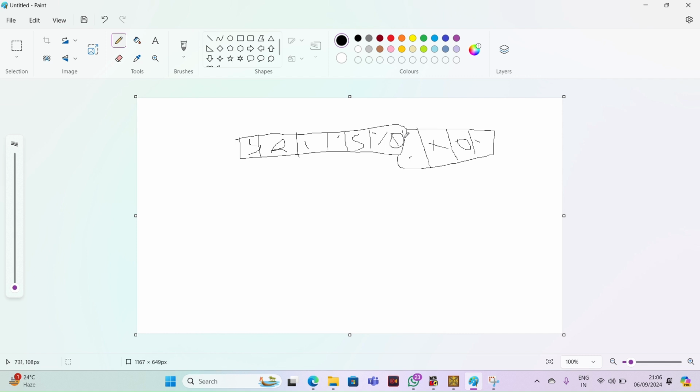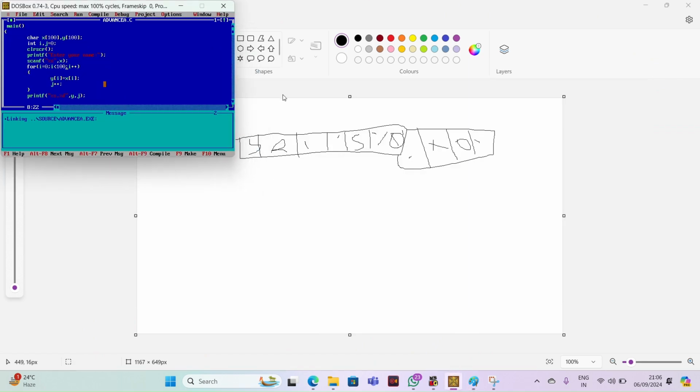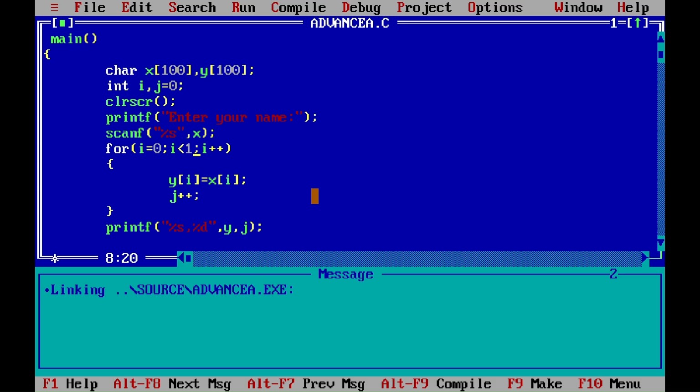Now here, if you understand the concept in the right way, you can get that idea. Instead of checking the condition less than 100, we can check x[5] not equals to null. This is the condition we can check to make our code efficient and fast. When the value in x[5] is equal to null, it stops